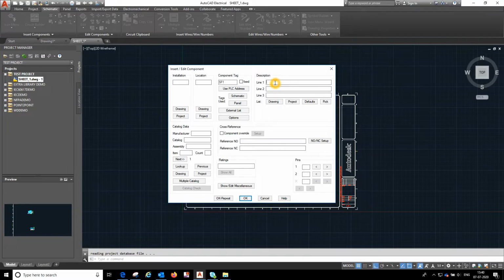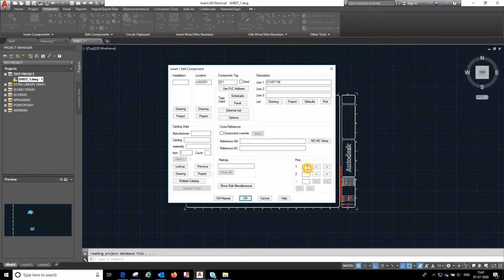where I will put line one description, Start PB. Here door one. Here item number one. This is nothing but the serial number. This will vary as much as the components you add in the circuit, like 1, 2, 3.